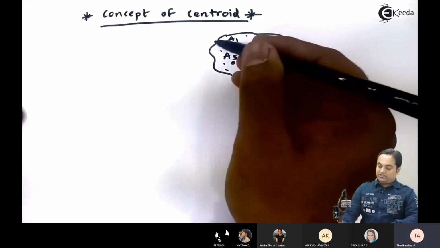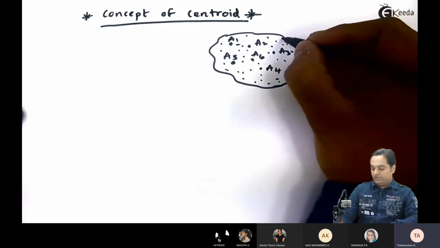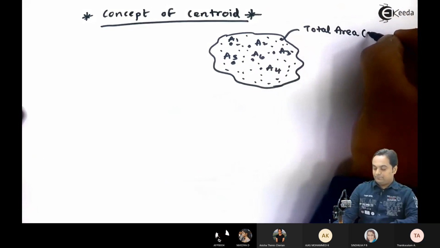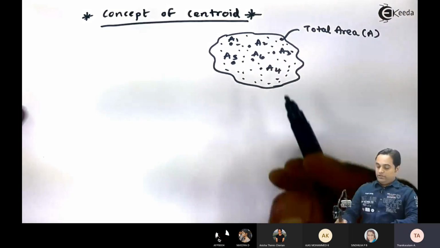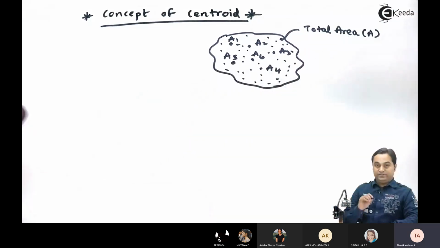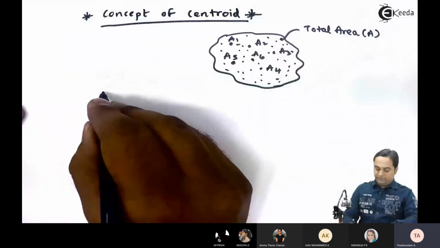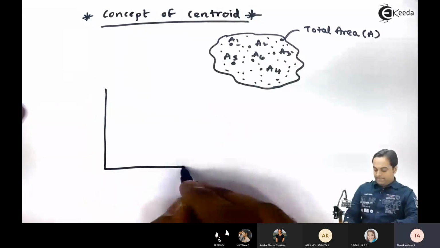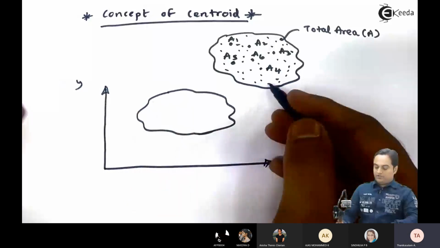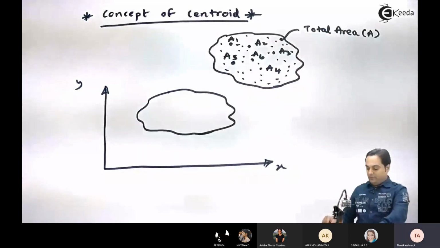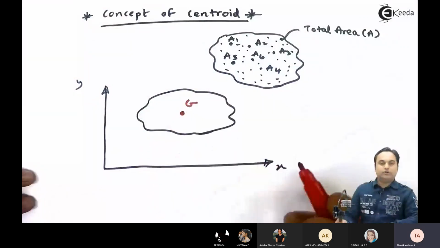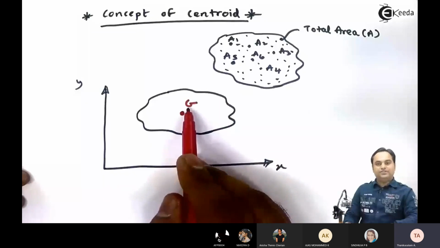Small small areas will give us the total area. Now, instead of having individual areas, if I want to denote the total area at a single point, that would be called the centroid. Instead of showing individual areas, I will be showing the total area by one particular point, and that point becomes the centroid. Centroid is denoted by letter C,